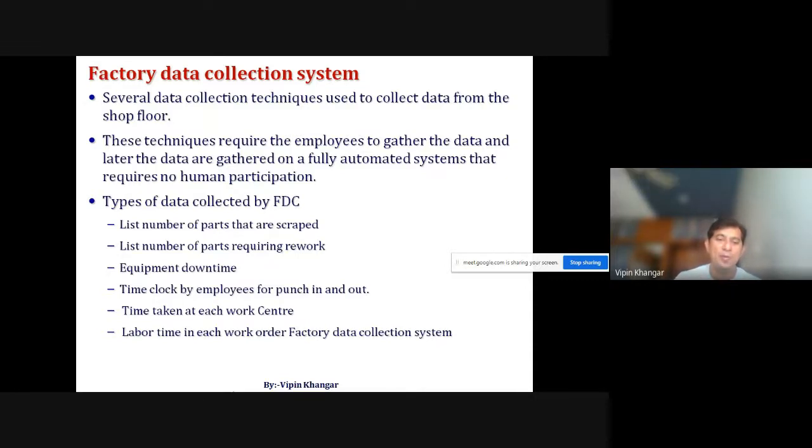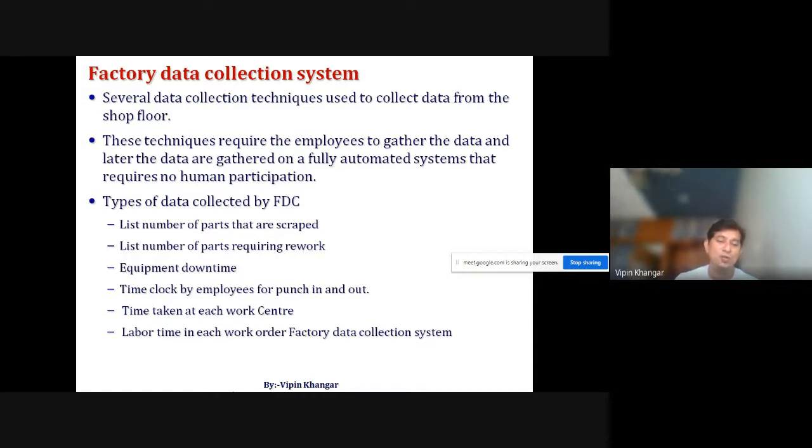What types of data are being collected? The number of parts that are scrapped, and the number of parts requiring rework. If you go through this, you find the Shingo seven wastes associated with every production schedule.